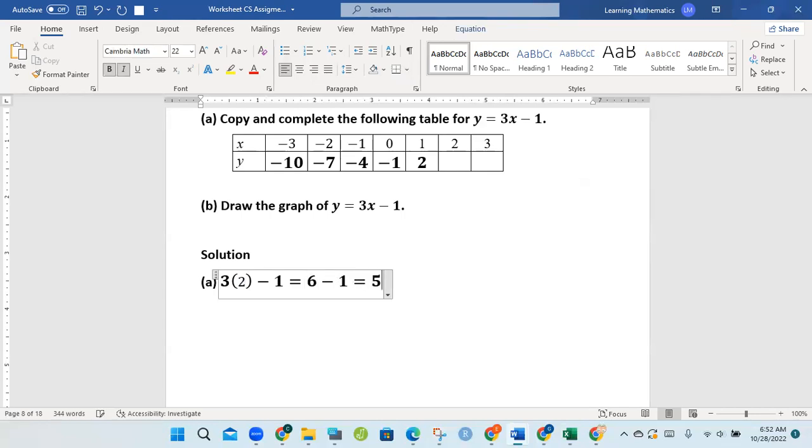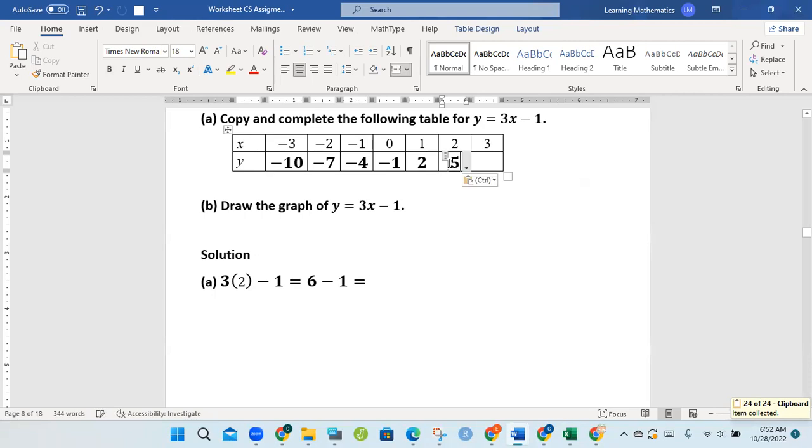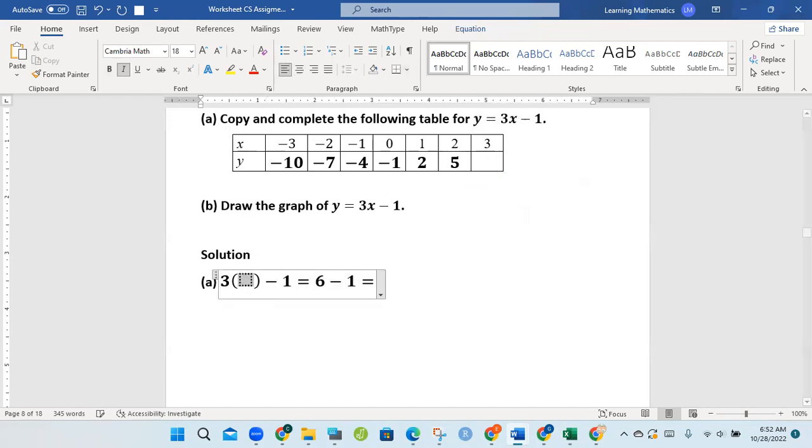So you can actually see the definition of the gradient is being reflected as we are completing the table of values because we are increasing x by 1. And 2 to 3, that's an increase of 1 in x. So y is supposed to increase by 3. 5 plus 3 will give us 8. Let us prove it. Substitute 3. 3 3s are 9. And 9 take away 1 will give us